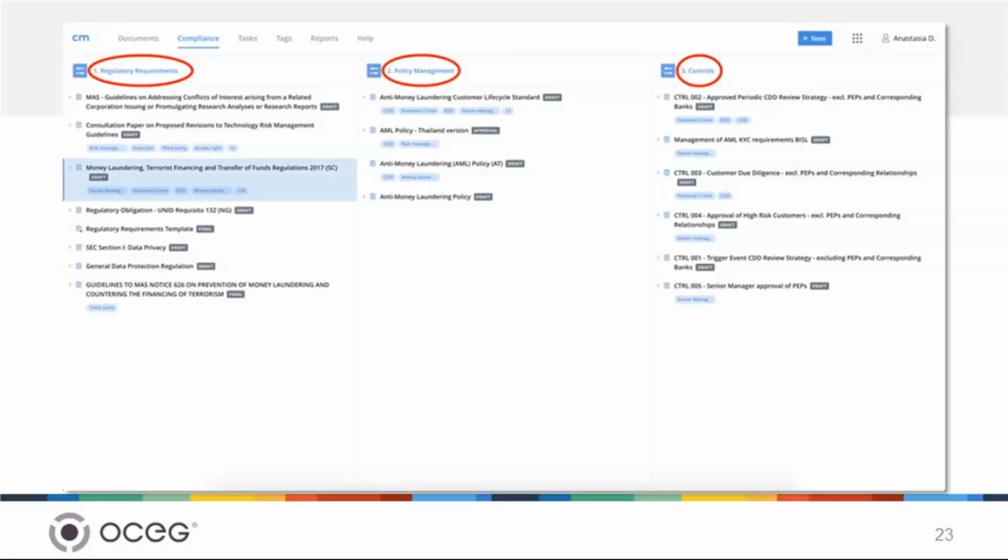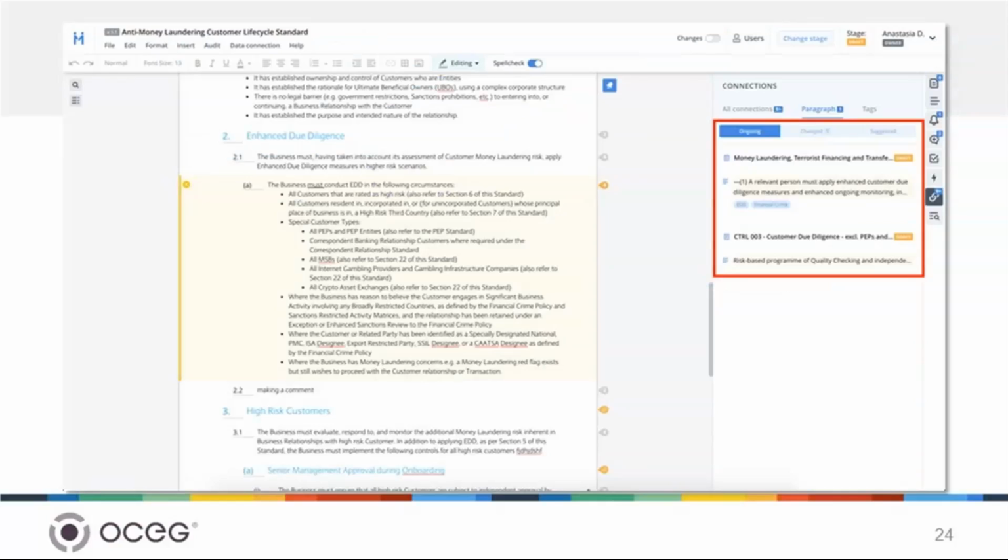And it's not just the general overview. When you're looking at the document itself and updating that document, if you're working on a specific paragraph, it actually shows you which paragraphs in different documents, like regulatory documents or controls, it's mapped to. And if there is a change, it will track that change and alert you in the change column